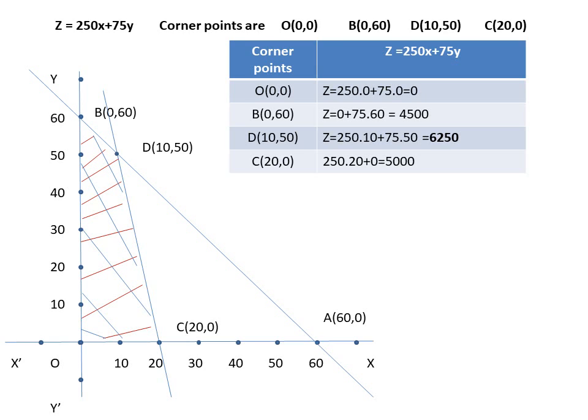Now you have to substitute these values in the objective function. So that is what I have done. Now you can see where maximum occurs. Maximum occurs at the point D. Therefore that is the solution for the problem. Meaning, what is 10 there? 10 indicates the number of tables, and 50 indicates the number of chairs. Therefore now the solution is this: number of tables must be 10, number of chairs must be 50,